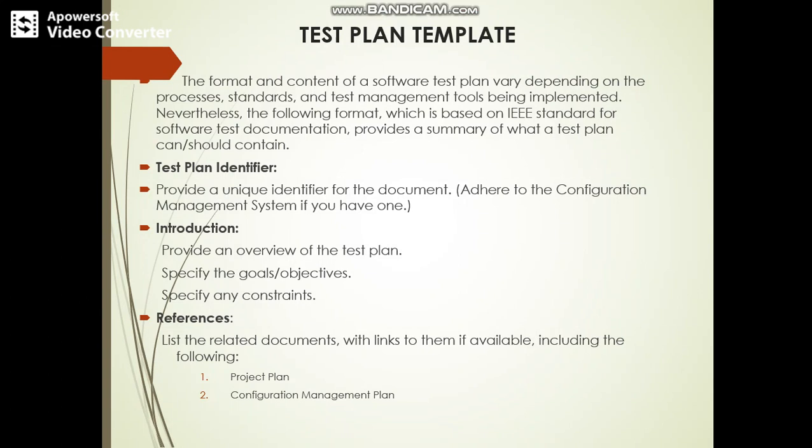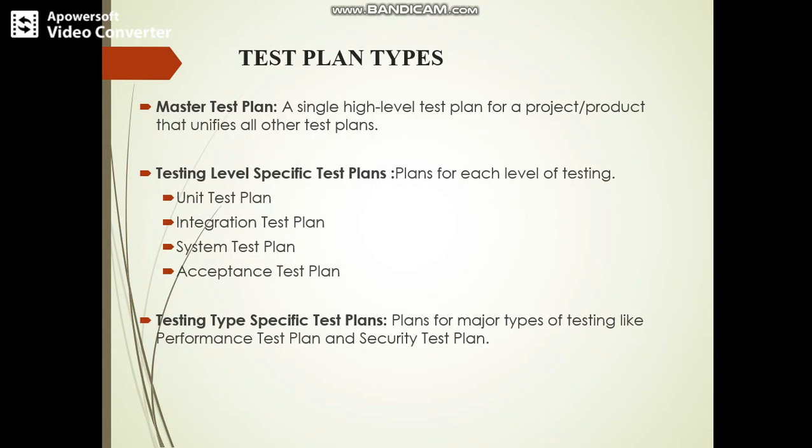As discussed earlier, our project is divided into a number of units. The units are integrated, so we can combine multiple units together and test them again. This is because certain units are interdependent on each other; they are logically connected. After all the units are integrated, we go for system testing. So as you know, there are three types of test plan: the master test plan, which is nothing but the system test plan;